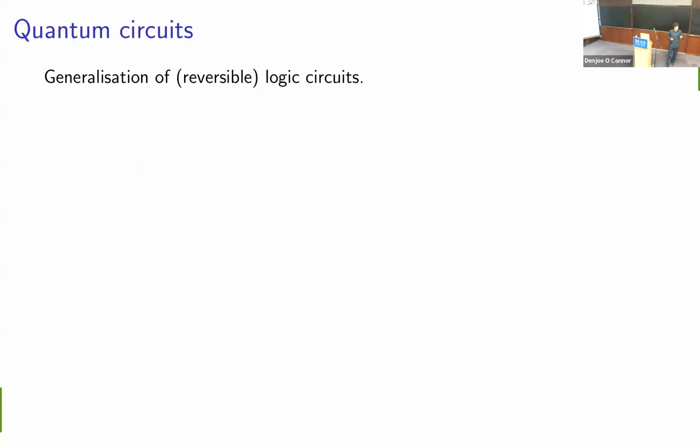Okay, so the reason I talked to you about models of computation earlier and about logic circuits is because in the quantum world, it is possible to define a quantum Turing machine, but it gets a little bit strange once you've got a superposition of your Turing machine being in two very far apart locations on your tape. So instead of working with quantum Turing machines, people usually work with quantum circuits as the low-level specification of our quantum computation. These are a generalization of the reversible version of logic circuits.